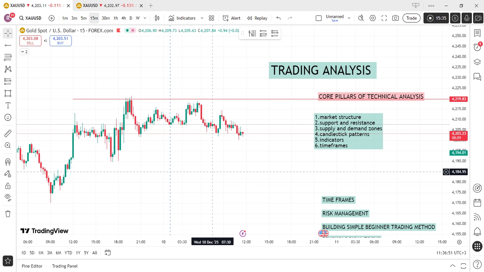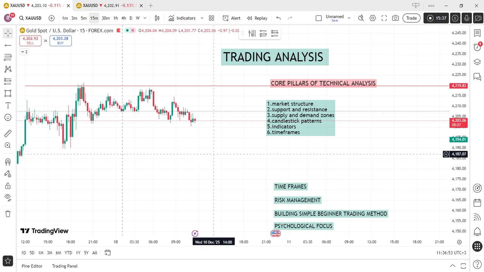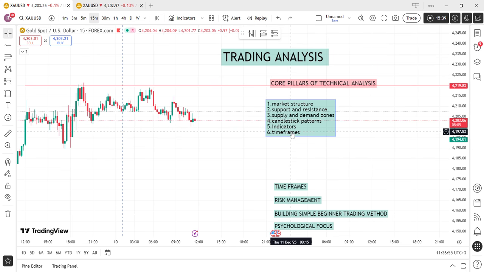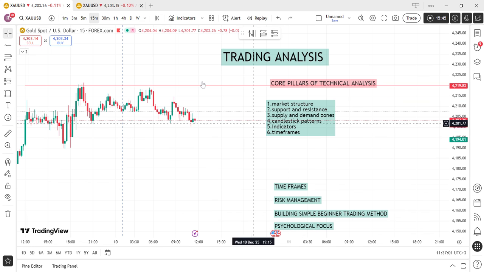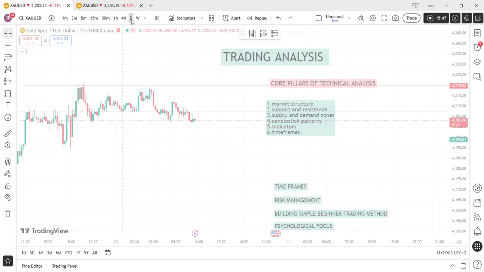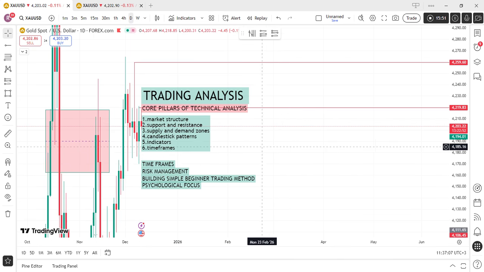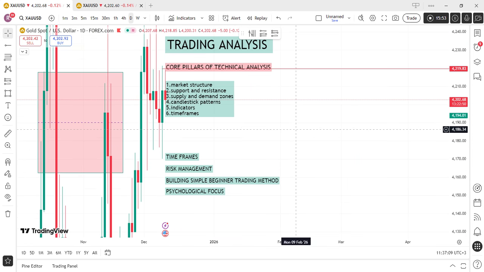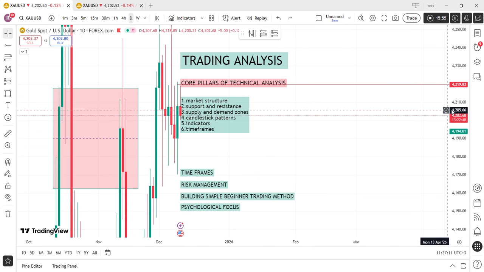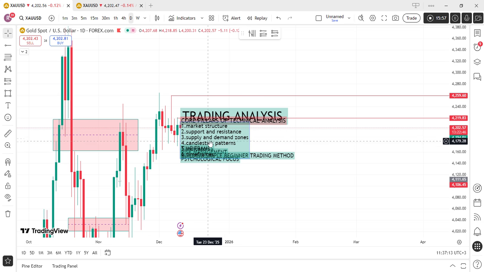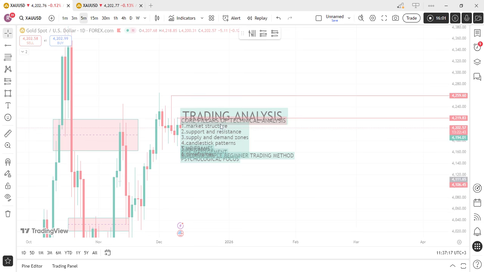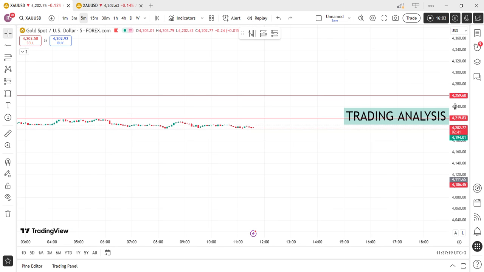And lastly, when we talk about time frames: big trends form on high time frames, and small entries happen on low time frames. Always on higher time frames, for example, when you click on the daily, it is supposed to give us the overview. This is for analysis, to understand the overall market structure. Where are we headed? What's really happening? Then you move into lower time frames, like 5 minutes, 15 minutes, 3 minutes, 2 minutes, or even 1 minute,